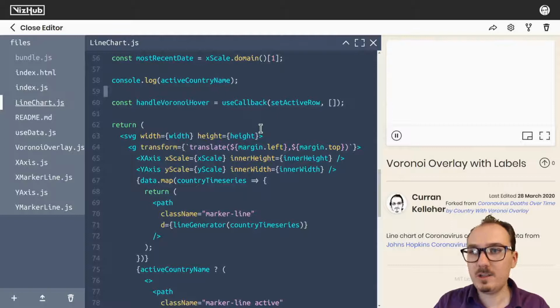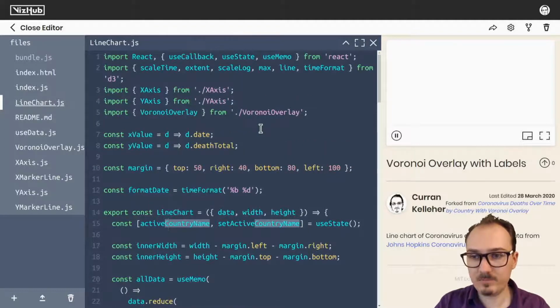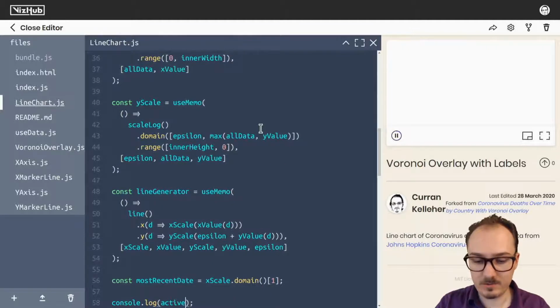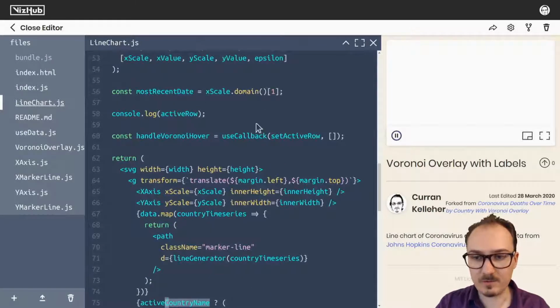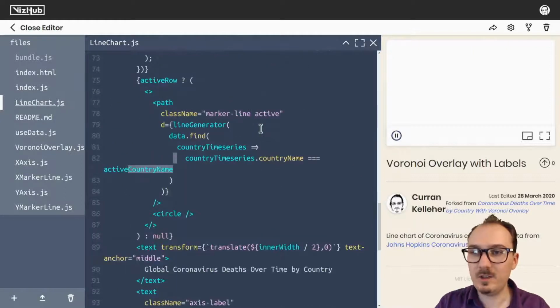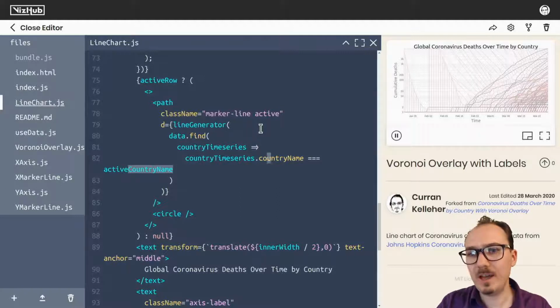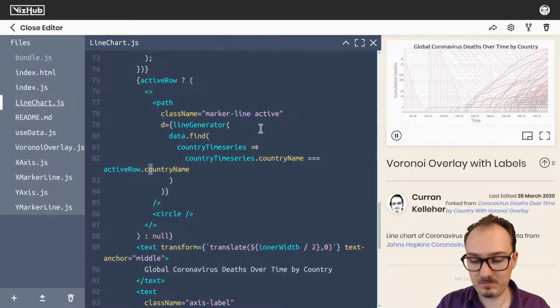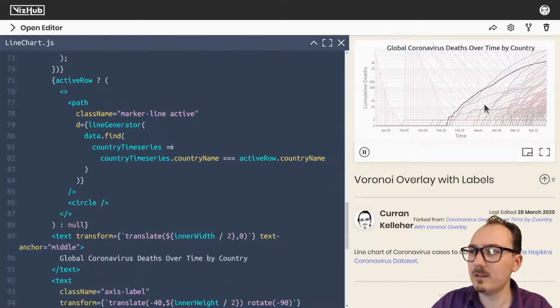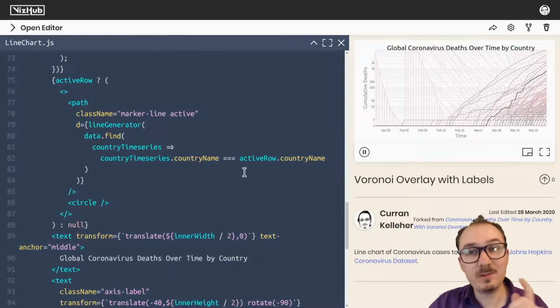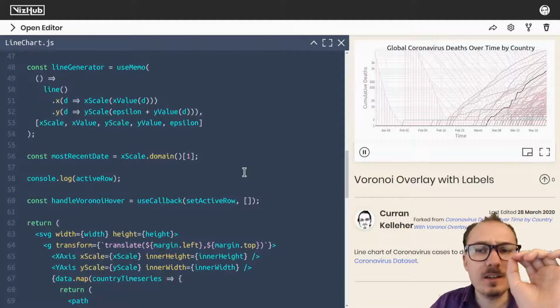And then we need to change country name to row. So now we've got active row and set active row. And then we console.log active row. And if there is an active row, then we use it here to test which line we should be highlighting. And so instead of comparing it to active country name, we compare it to active row dot country name. Yeah, and I think this should work still. Okay, so now we have active row, which gives us the information we need to get the exact x